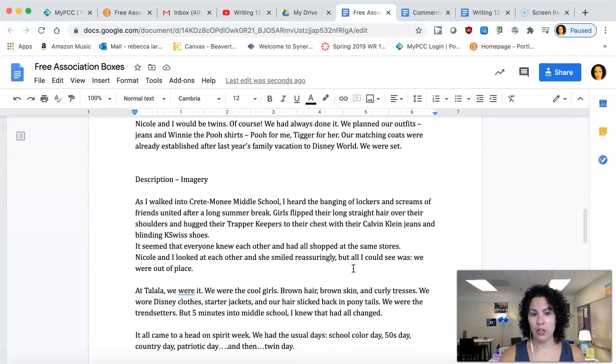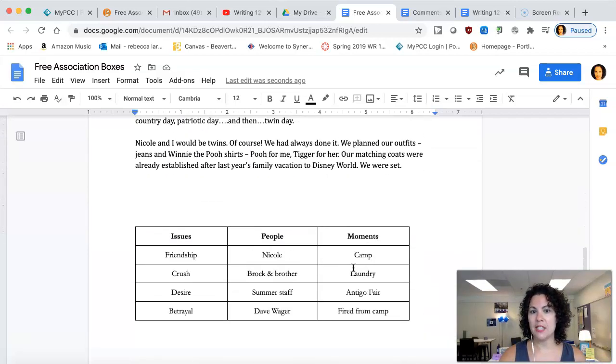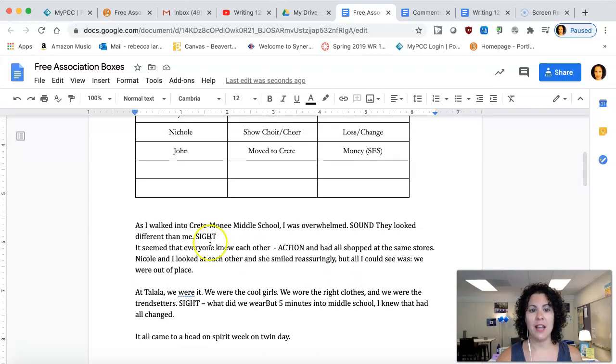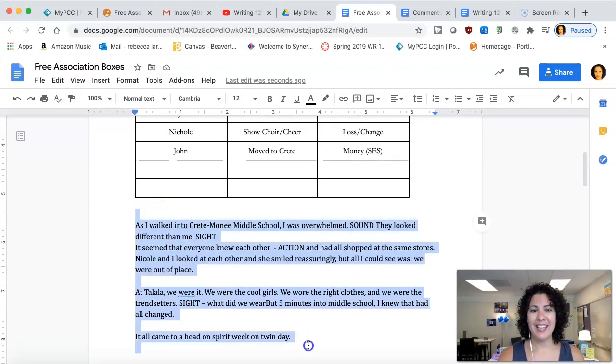As you can see, if you look through, I'm going to be adding some things to this, and we are going to be adding some things as a class. But all I'm looking for is a short blurb of what this moment is about. This is also to test whether or not you want to write about this. Sometimes we have this great idea and then we try to write and we're like, this is not the idea. And then other times we find ideas that we didn't even realize we could write.